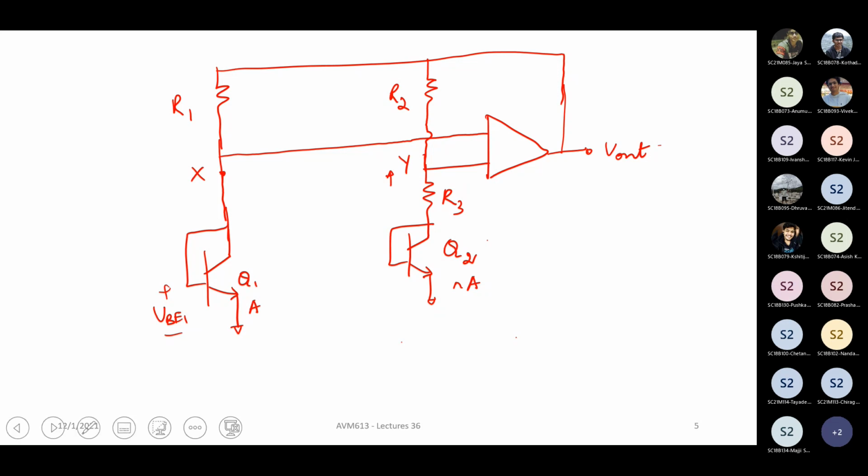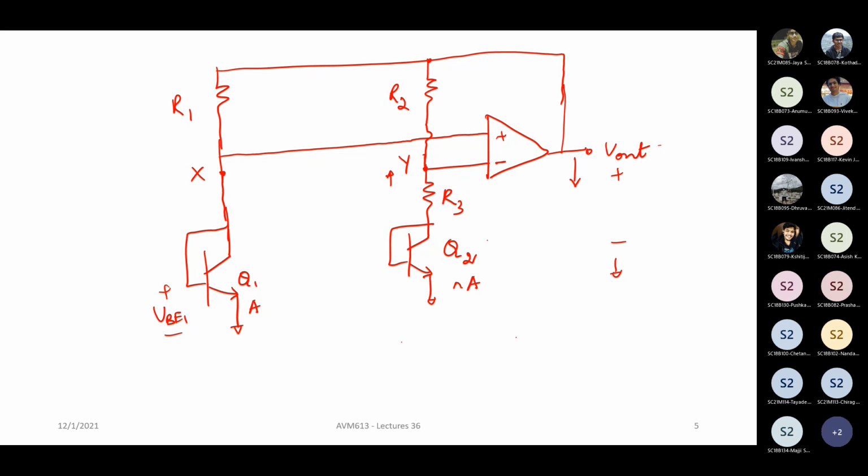The output of the op amp is connected to this resistor, and that is only going to decide the current that is going to flow into your system, right? So if Y node increases, your output node must go down so that it restores this voltage, right? So this is the inverting polarity and this is your non-inverting polarity, all right? And this output voltage that you get here between this and ground becomes your band gap voltage.